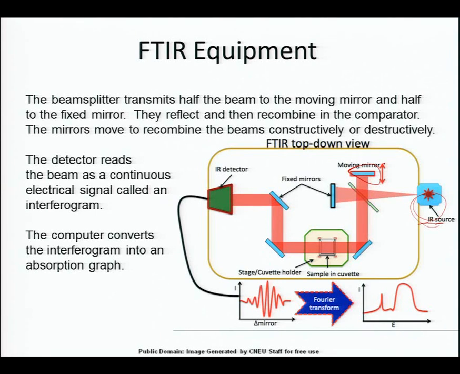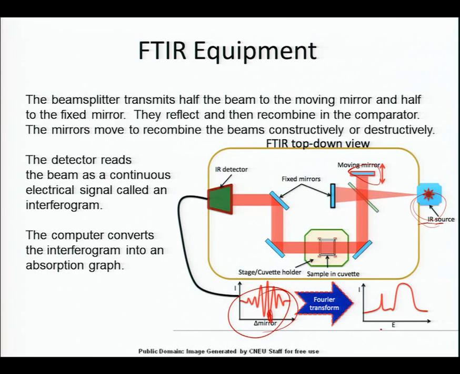When we take those two and recombine them, we get this interferogram signal. The detector reads the beam as a continuous electrical signal called an interferogram. The computer converts the interferogram into a graph. Now we take this signal, take it through our sample, and the sample is going to absorb some of these waves, these rich parts of these waves, and then what the Fourier math does is it